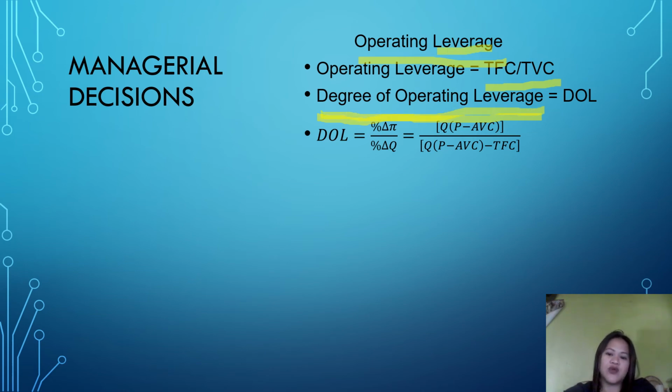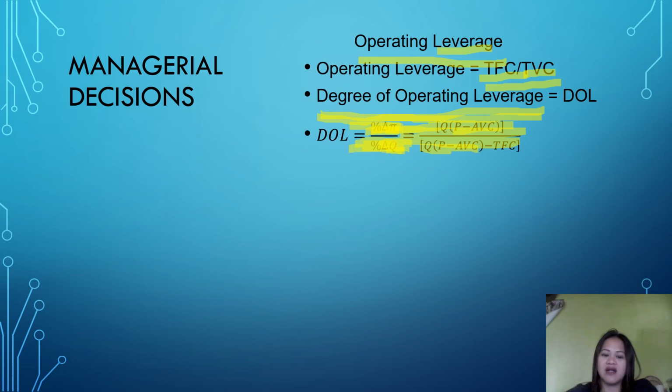Okay, so which could be derived through this one. The first one is the percentage change in the profit divided by the percentage change in the output. The expanded expression of the percentage change in the profit is the quantity times the price minus the average variable cost, while the expanded formula for the change in the quantity is, of course, the quantity times the price minus average variable cost minus the total fixed cost. Now, if you have a table that shows exactly that, there are already fixed costs, total variable costs, profit, and quantities being derived,